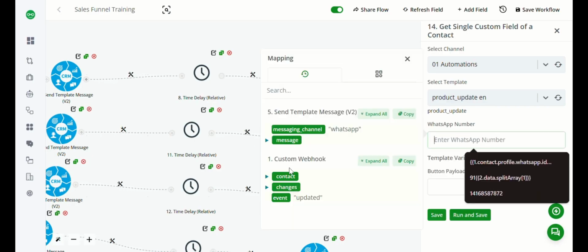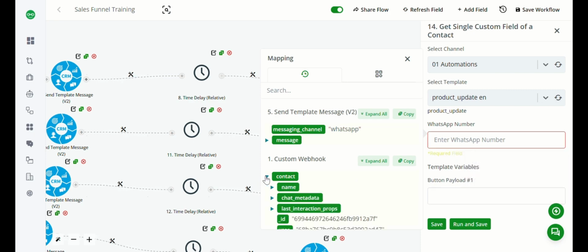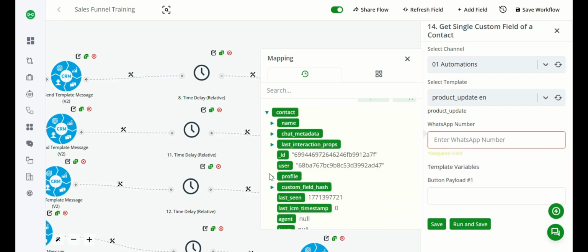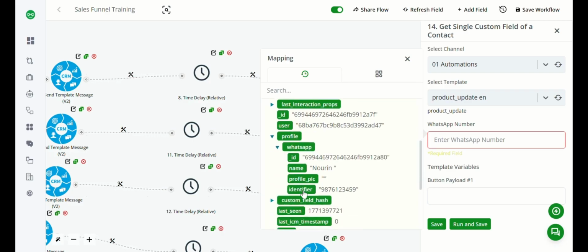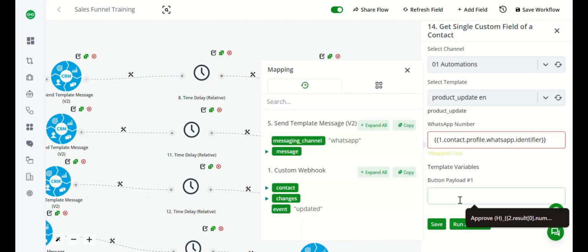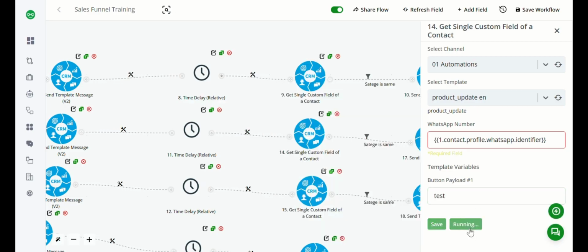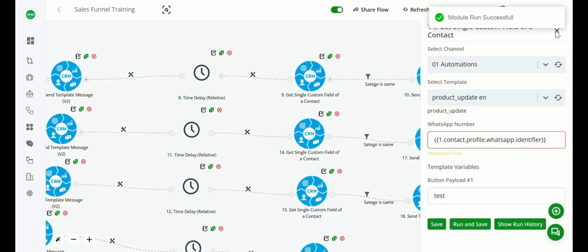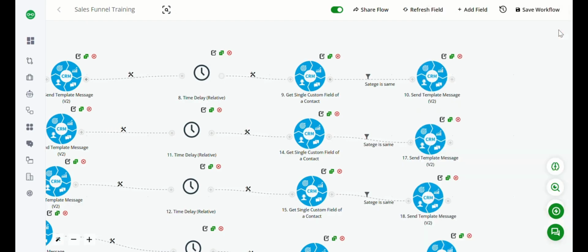I'll map the WhatsApp number from the identifier. And for my button, I have a variable in the template, so I'll simply write test for now and click on run and save. So this way we just need to change the values. We can copy the flow and make it easier to execute.